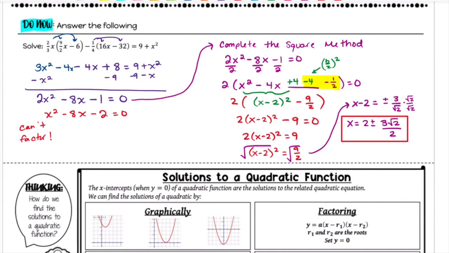Alright, so let's look at what we have here. I distributed and then I moved everything to the left so I could have it set equal to 0. I tried to do my AC method, but the AC method did not work. There was no way I could find two numbers that multiply to -2 and add up to -8. So since I cannot factor, I have to do a different type of method, which is